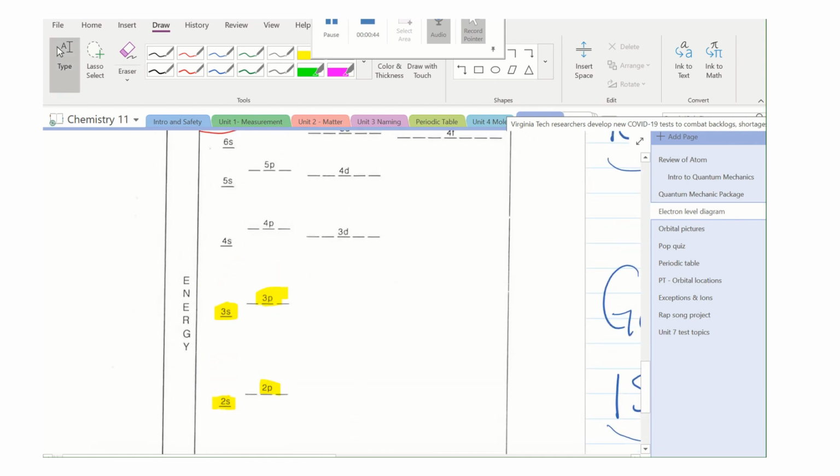The next lowest energy level after 3p is actually 4s. The d orbitals, there are 5 of them. When there are all these lines, that indicates there are 5 of them. They are actually slightly higher in energy than the 4s. It's just a fact that these energy levels are slightly higher than 4s.